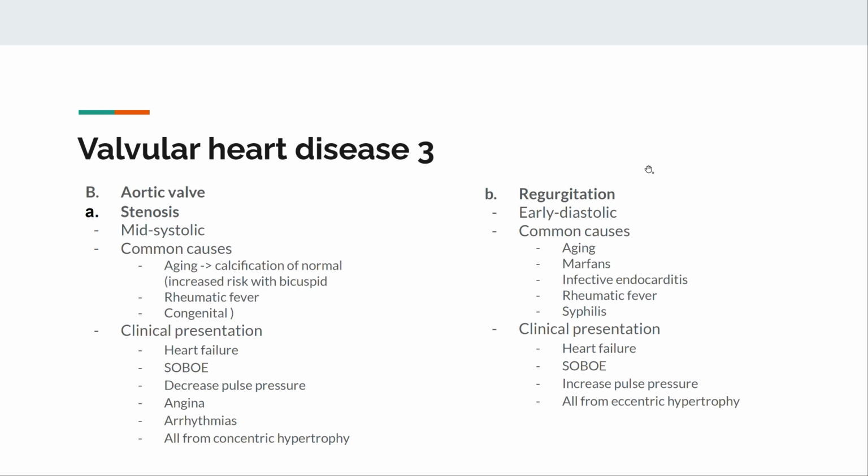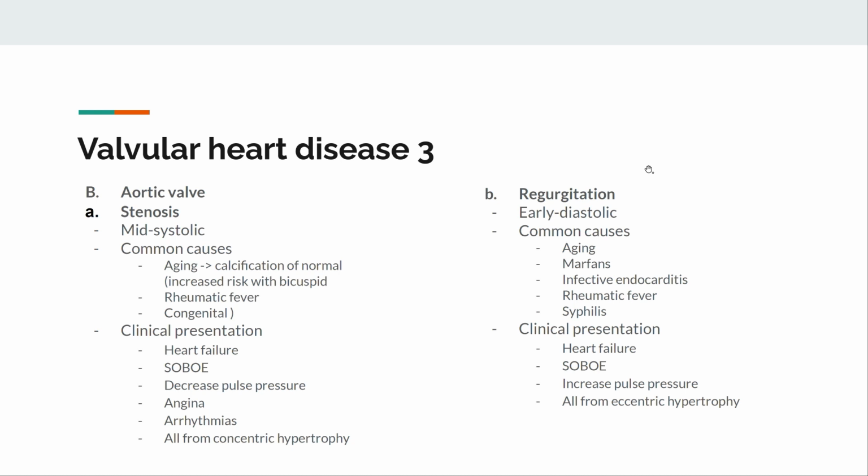Interestingly, you do have an increased risk with a bicuspid valve. This is a congenital abnormality where instead of having the 3 cusps of the valve, you only have 2. It can also be caused by rheumatic fever and any congenital abnormalities. Clinically, patients present with, as I mentioned, heart failure, with shortness of breath, a decreased pulse pressure, meaning that the difference between systolic and diastolic blood pressure is decreased, they present with angina, they can present with arrhythmias, and